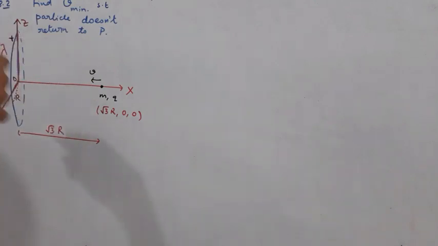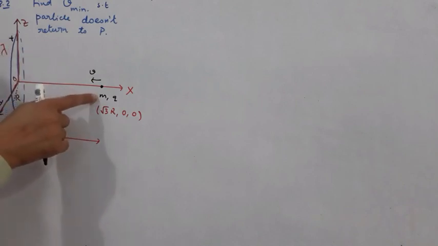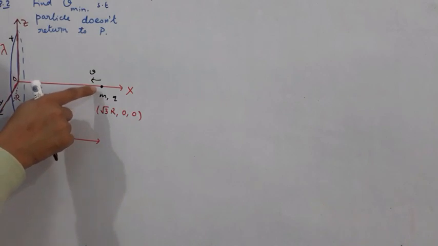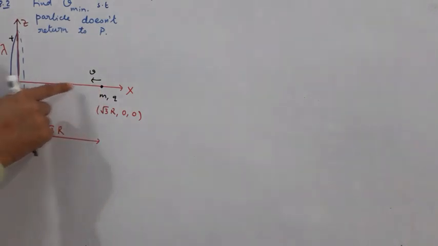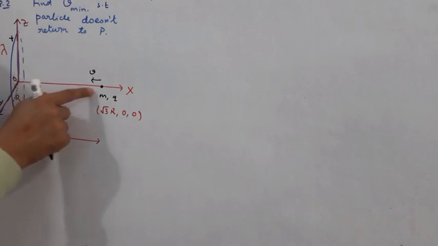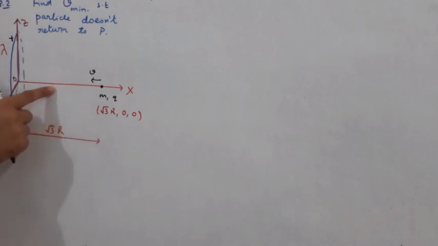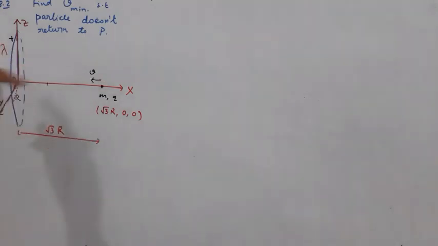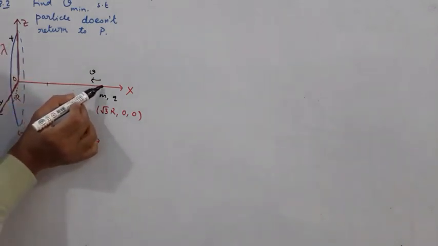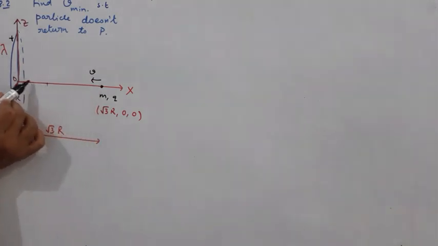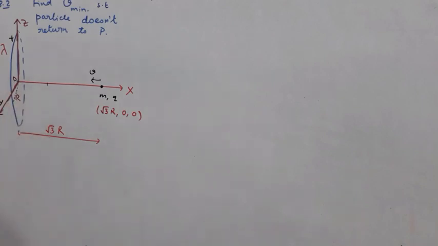back to P. Why should it come back to point P? You should understand it is a positively charged ring. This charge is also positive. So it will be repelled. If we throw it with reduced speed, then because of repulsion the speed will reduce to 0 at some point, say here, and on account of the repulsion from the ring it will again go back to this particular point. So if you want it not to reach this point, then you should throw with such a minimum speed that it should at least manage to cross the center of the ring.